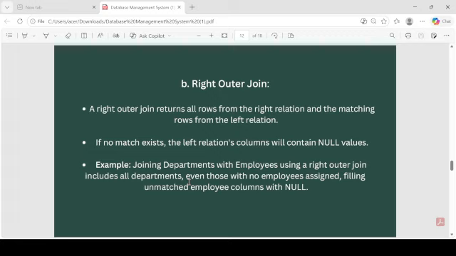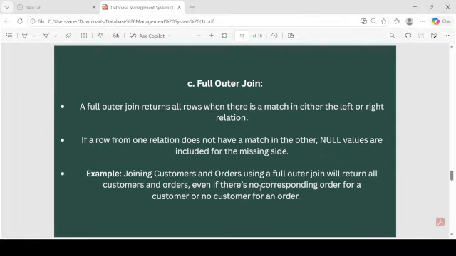If no match exists, the left relation columns will contain null values. Example, the same, but using a right outer join. It includes all departments, even those with no employees assigned, filling unmatched employee columns with null. And last, full outer join returns all the rows when there is a match in either the left or right relation.